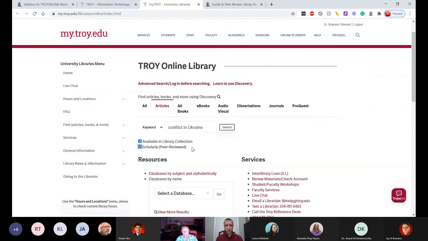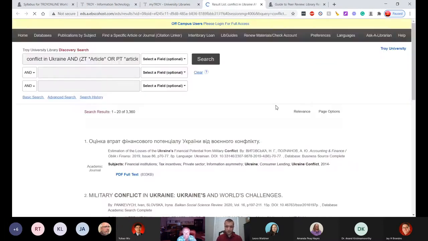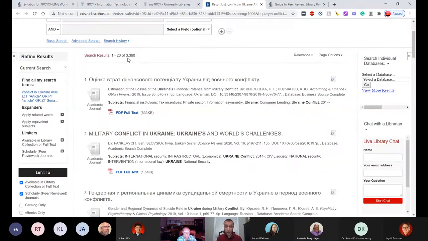you click the scholarly peer-reviewed limiter box. So we're going to do the same search again. We're searching conflict in Ukraine, but this time checking this very important scholarly peer-reviewed box. And you will see right away that there's a substantially smaller number of hits in the search. There's over 3,000; before there were over 19,000, right? But what's important to know is that this is not a perfect eliminator